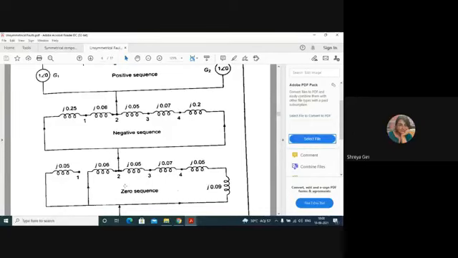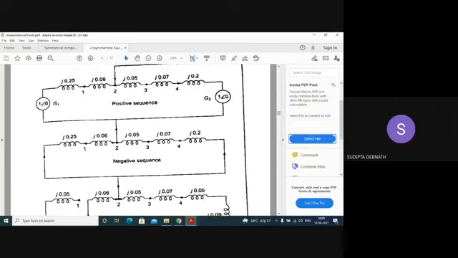Okay, so once you draw this figure, then it will be very easy for you. See, the current here is actually IA1. What is the part of IA1 supplied by G2? It is IA1 into, these two are in parallel. This set and this set are in parallel. So what is the current coming from G2? It will be the total current into 0.25 plus 0.06, that means 0.31, divided by 0.31 plus 0.32.